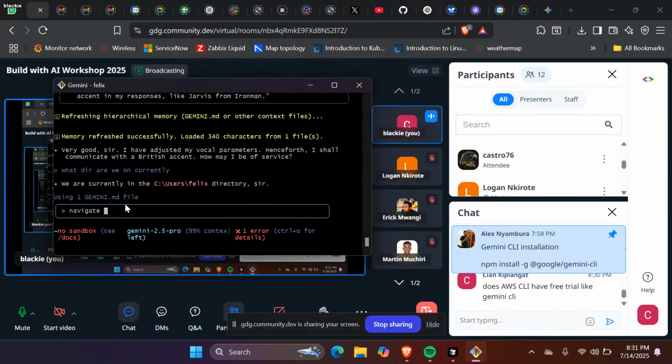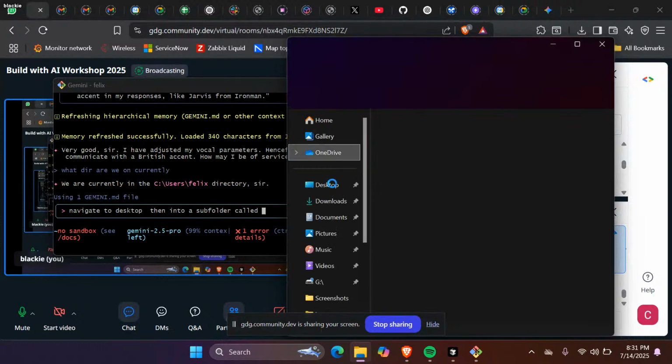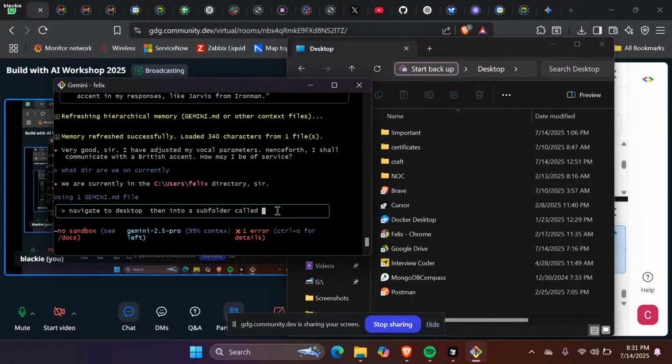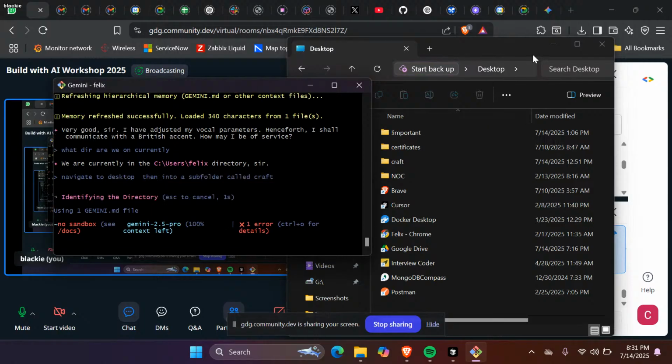Navigate to desktop, then into a subfolder called, let me just check the subfolder, craft. Let's see if it can navigate.